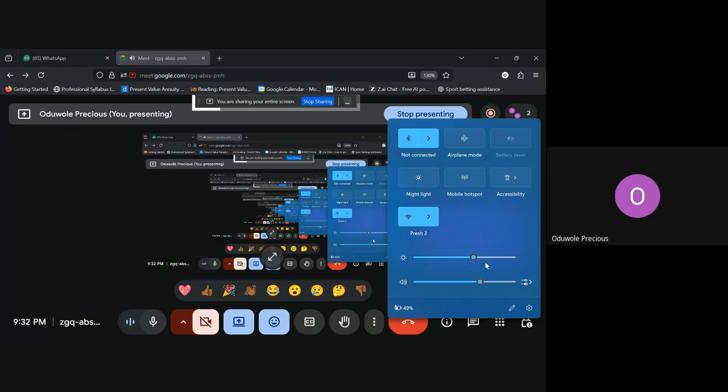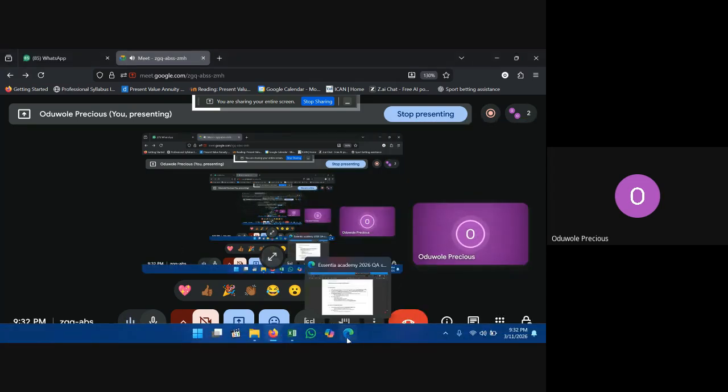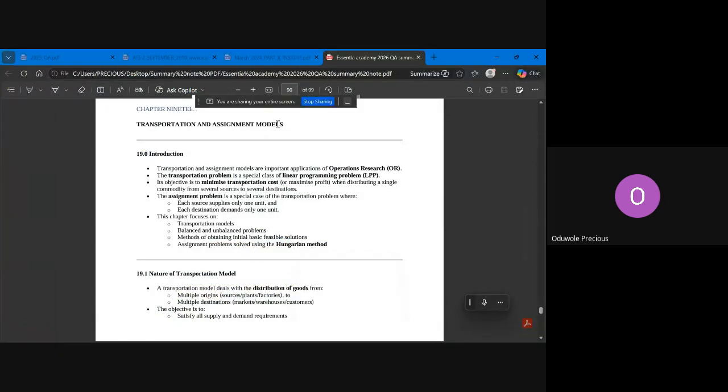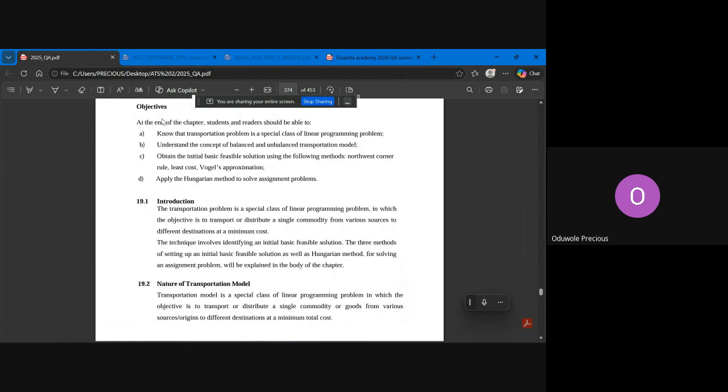So under operational research, we'll be doing the transportation problem. So this is what we are doing today: transportation and assignment model. But I'm going to focus on the transportation model today and the assignment model another time. Okay. So let us start with the transportation model. I think I'll use the original pack. So, the transportation model